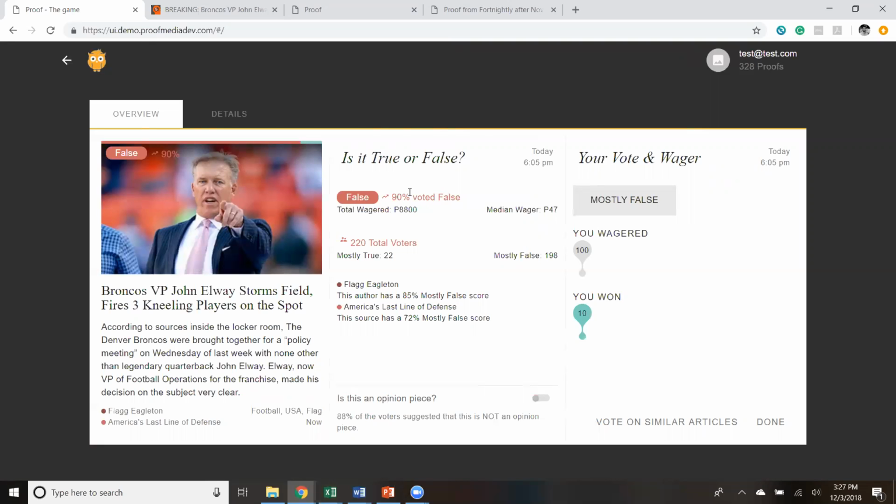So for example, I have the total wagered proofs, the median wager, also the amount of voters that participated in this voting, and how many voted for true and false. The Proof platform is not a one person, one vote platform. It does use weighted voting in a quadratic form. And the way quadratic voting works is that